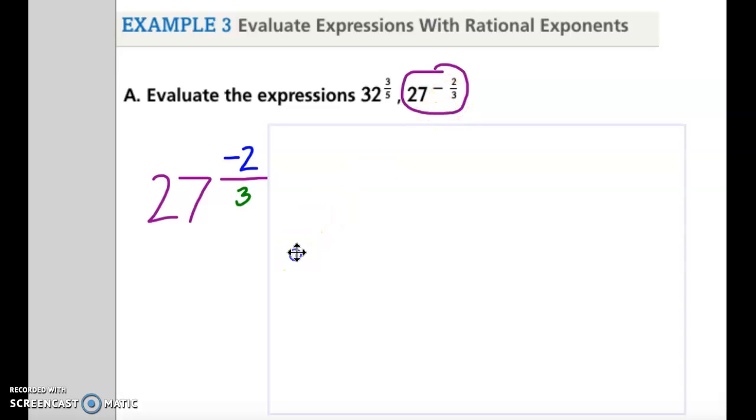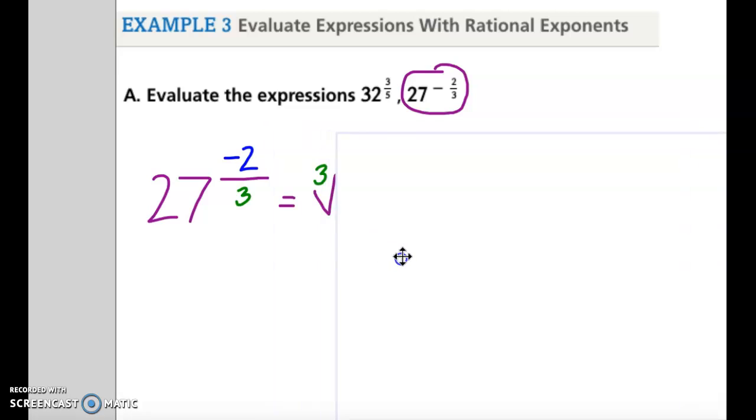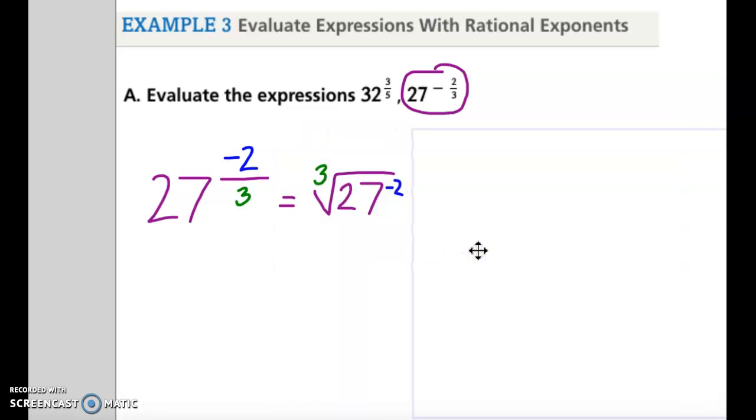First thing we want to do is rewrite this, using the properties of rational exponents that we just learned. I take my denominator and I make it my index, and I take my numerator and I make it the exponent. Once we rewrite it, then I work on simplifying this radical part first. So the cube root of 27,